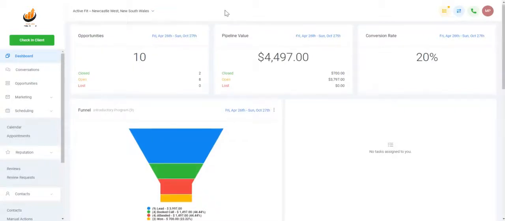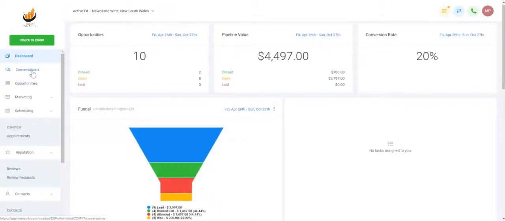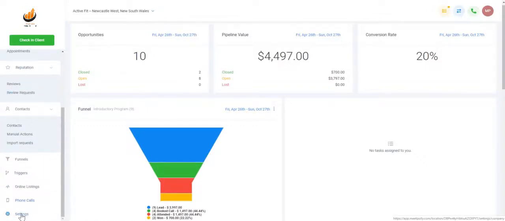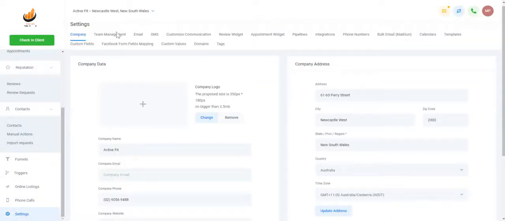This video is going to show you how to use the settings area of your account. So we're going to scroll down to the very bottom of the left-hand menu and hit the settings tab just here. So now that we're in the settings area, you'll find that there's a whole bunch of options across the top